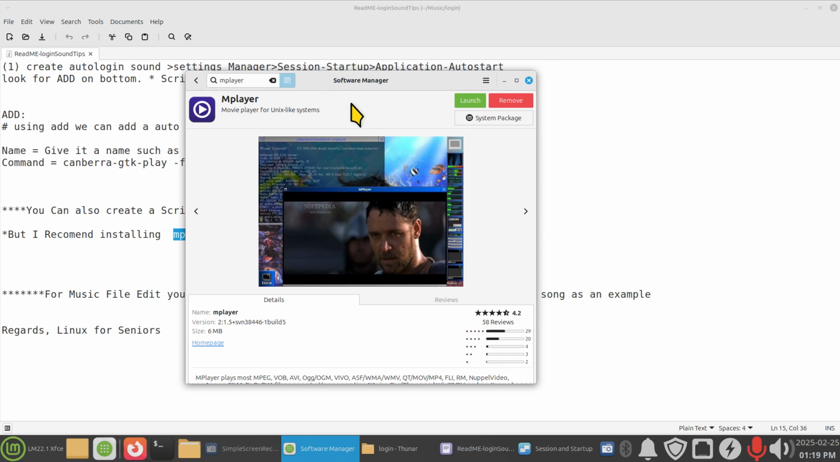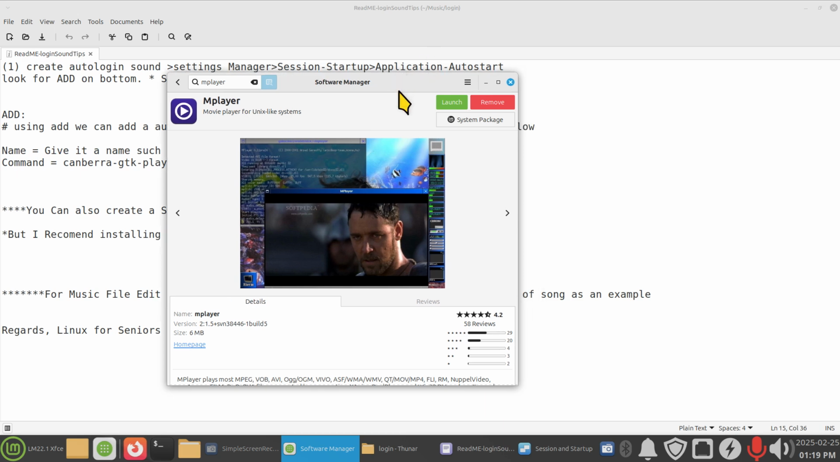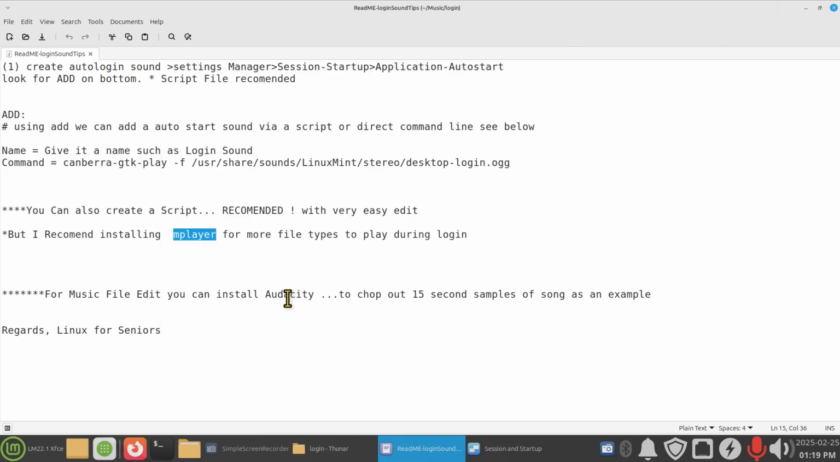Another one that's a Unix-like also is, believe it or not, Mac. Coding is done a little bit differently, but anyways, let's move on. MPlayer is very small, 6 megabytes. Install that. All right, and then later I'm going to talk about this piece of software called Audacity, and you